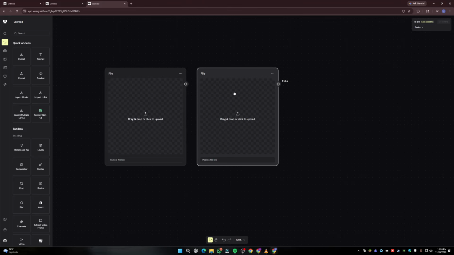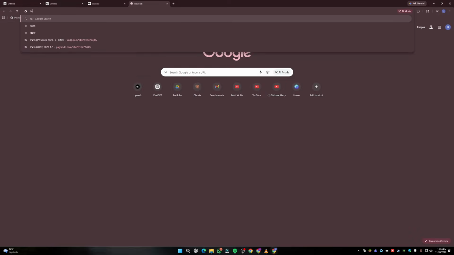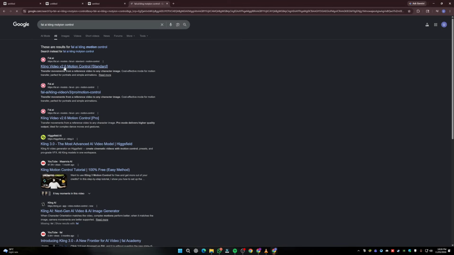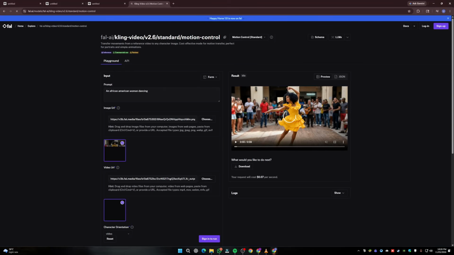So the next thing is you need to import your model through which you're going to do your motion control. For that, it's really easy. You're going to open a new Google tab, search over here, Fal AI, Kling motion control. Make sure to click the first link that pops up. All right, so once you are inside of Fal AI and Kling Video version 2.6 standard motion control, the next